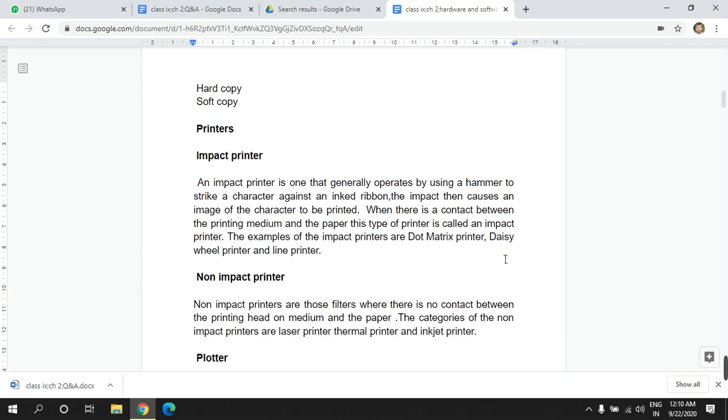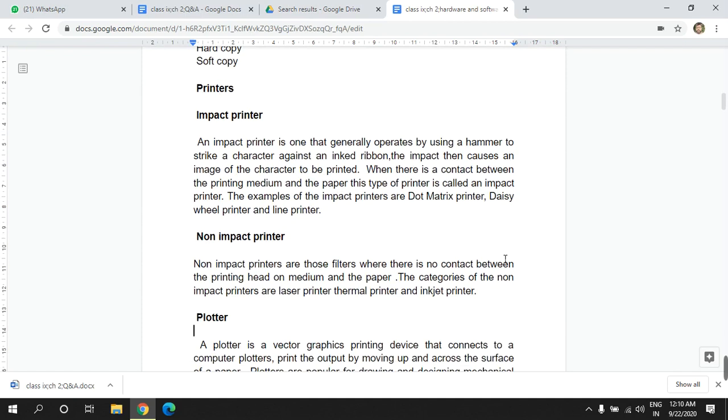For giving the hard copy printouts, we need printers, and printers are broadly classified into two categories: impact printers and non-impact printers. So what are the impact printers? Impact printers are the printers which have the printing media coming into contact with the paper. The print head strikes a character against the inked ribbon, and that ribbon is struck against the paper.